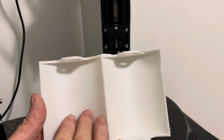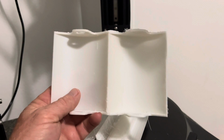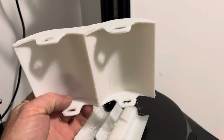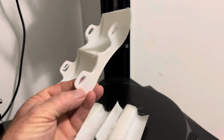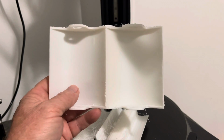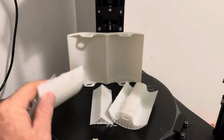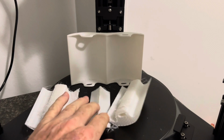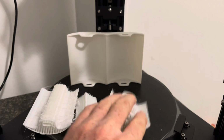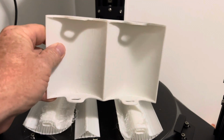We'll line this with tin foil or some copper foil. I'll probably try tin foil first, and this is supposed to boost the signal going to my Phantom 4 Pro remote, and I'll get you guys a little photo of this thing slid on the antennas here in a little bit, so you can see how much waste we had on supports. And these set right inside there. This is the finished model, so